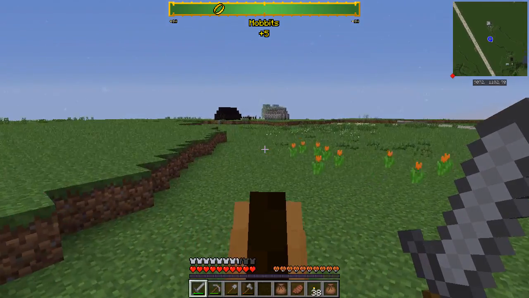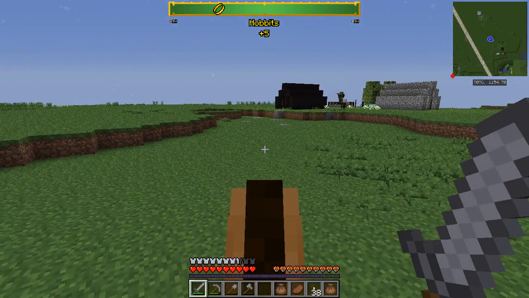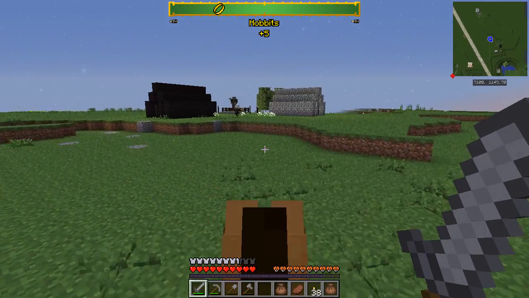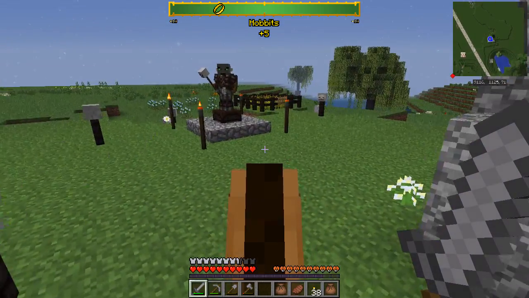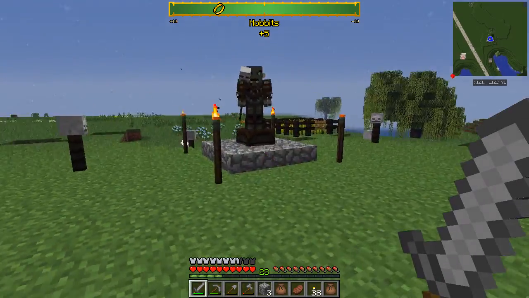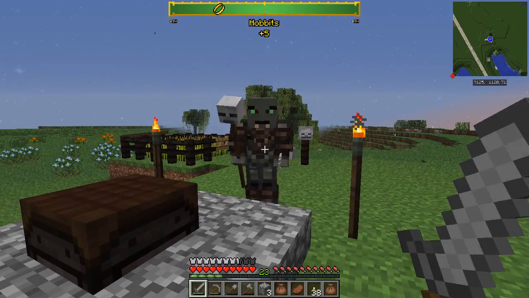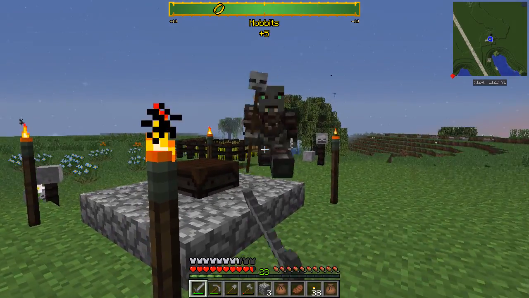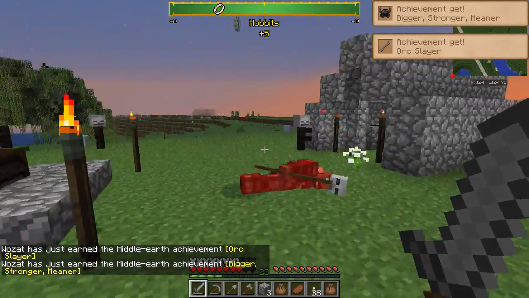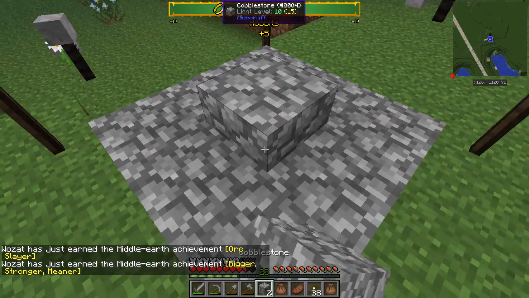Hey, we're making progress. I guess it's orcs. Oh, and they're not going to attack me because I haven't attacked them yet. See, I can only do 5 damage with my stone sword. So what I need to do is rather complicated. I get off the horse first. Got it. Now what I gotta do